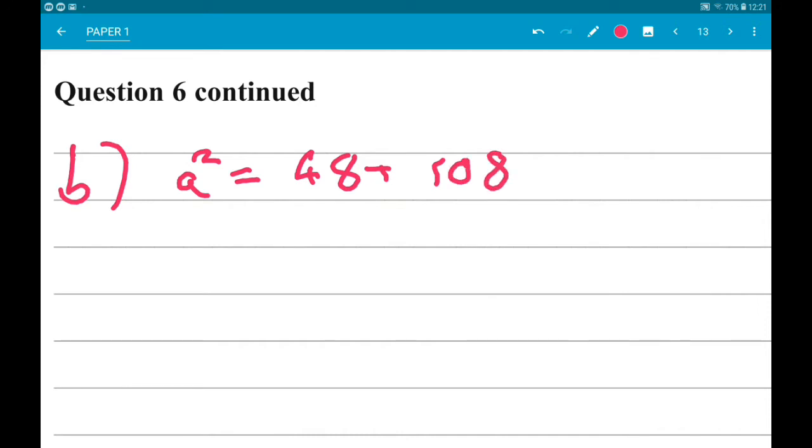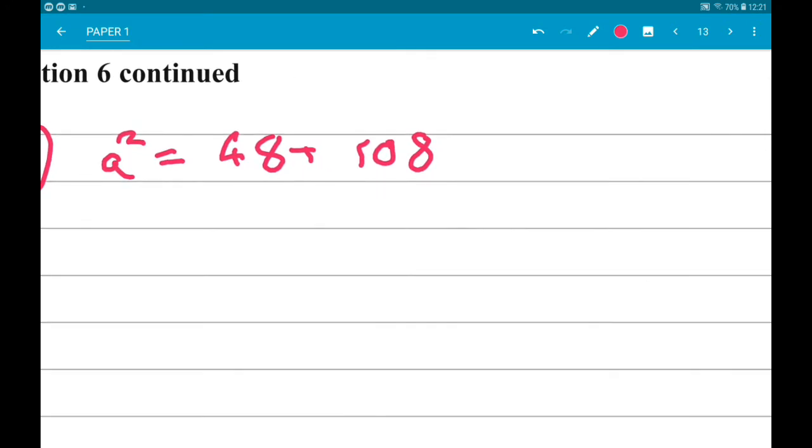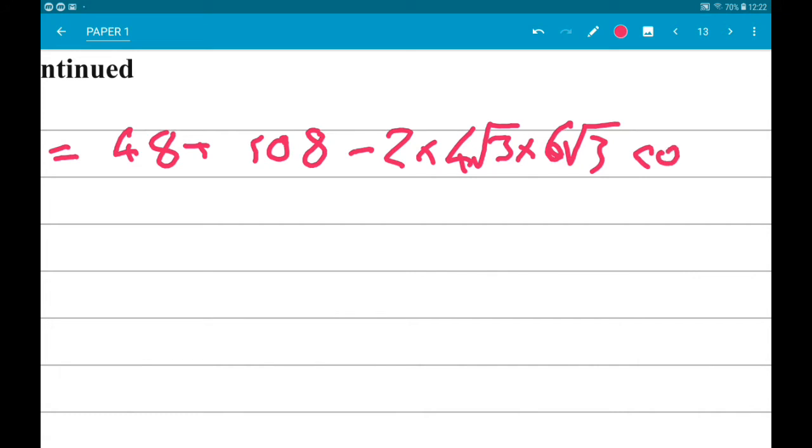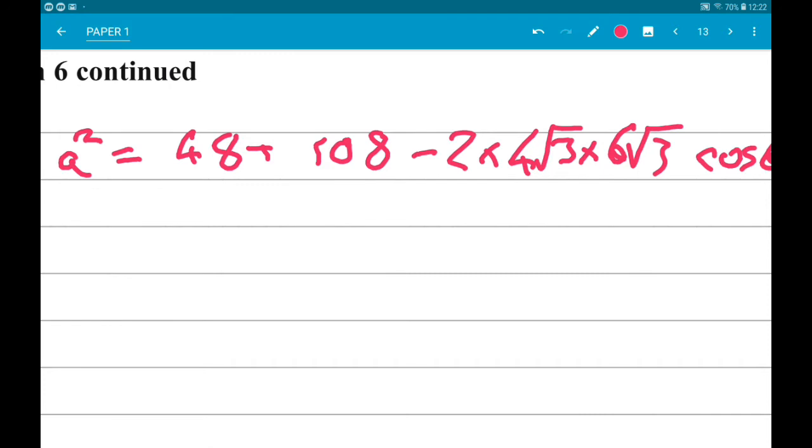Minus 2 times 4 root 3 times 6 root 3 cos 60. So, a squared is 156